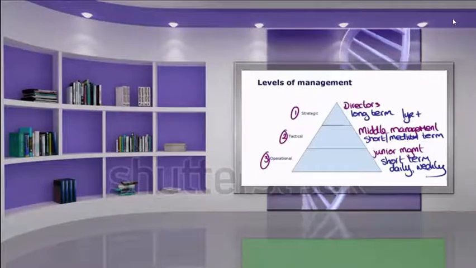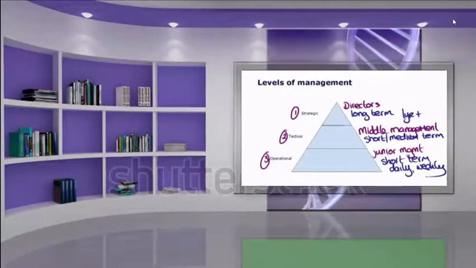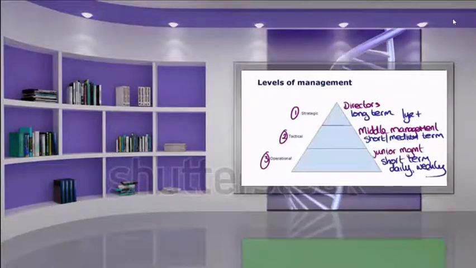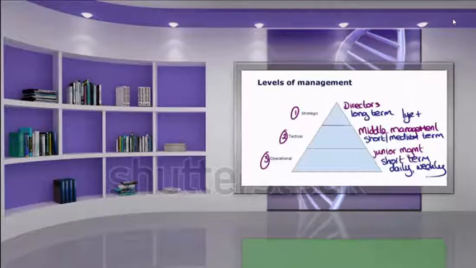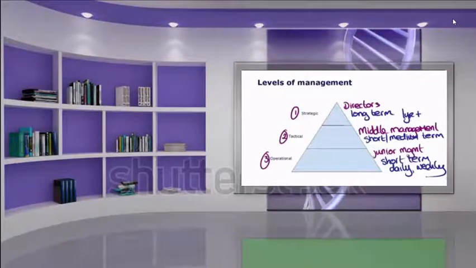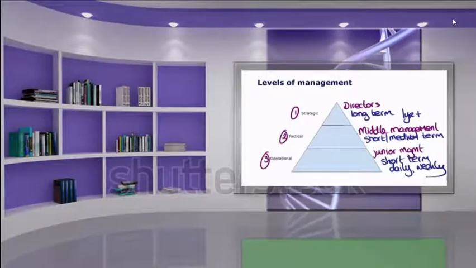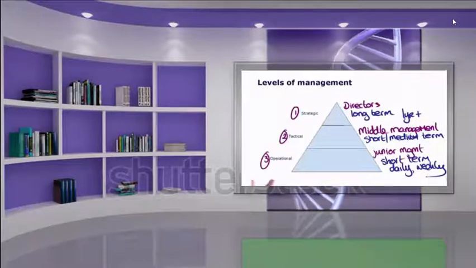So I've mentioned that a key management activity is control, looking at have we achieved our targets for the year. Let's say for a particular company at the start of the year when they're doing their budgeting process, they calculate or estimate that total costs for the year for the company will be £1 million.